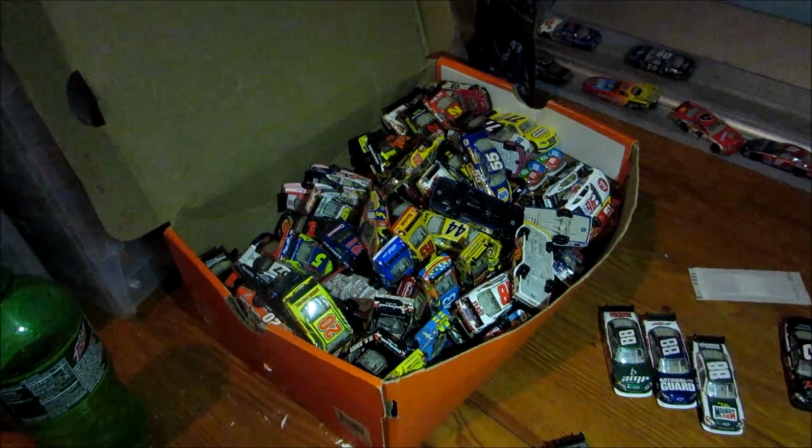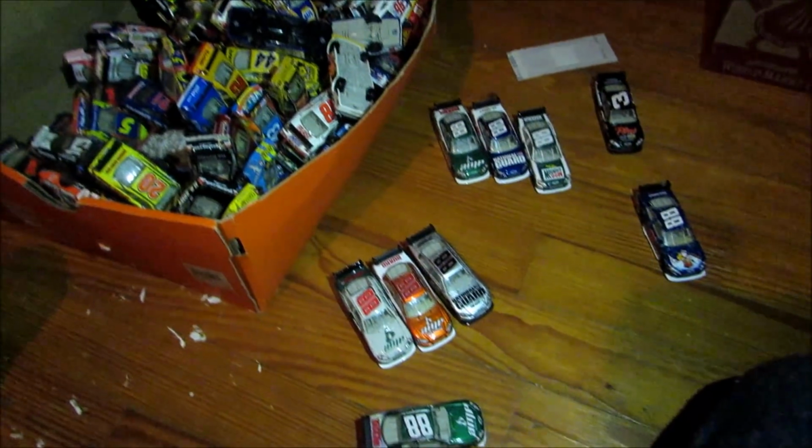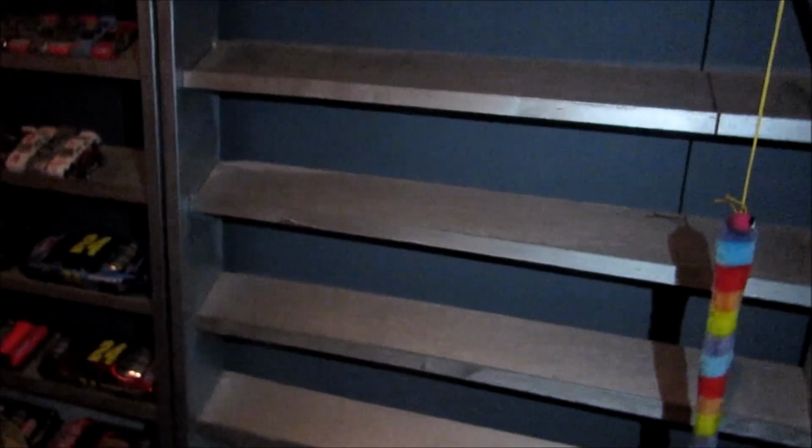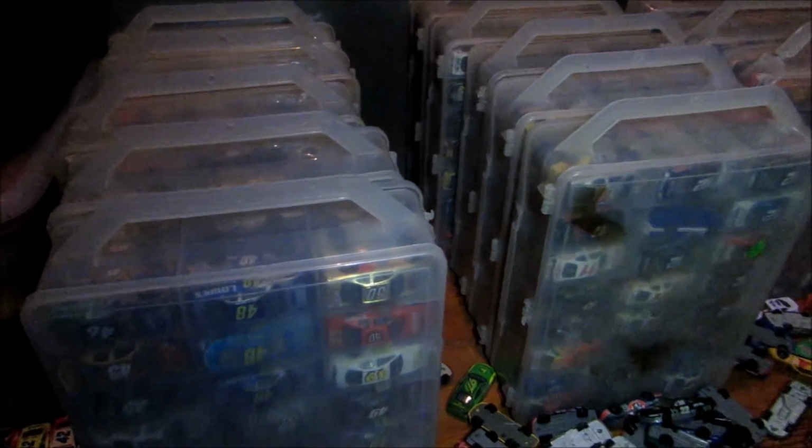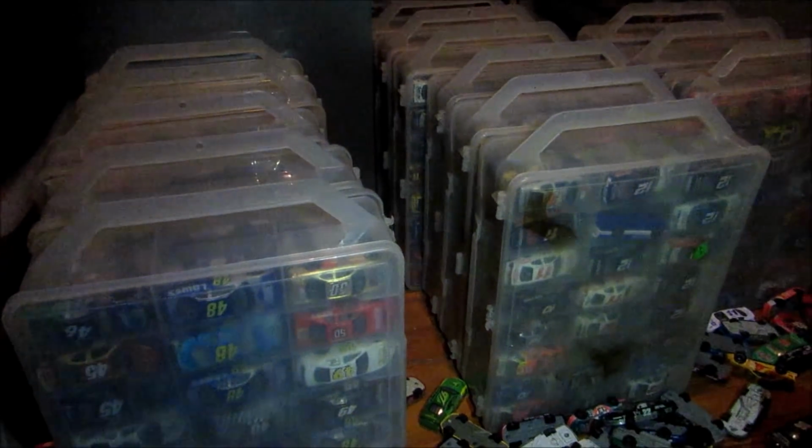If you think this is a mess, then you are correct. This is gonna be more than a one-night project, I know that, but I'm removing some of my cars, and all these boxes are cars. What I want to do with them is organize them by year instead of number. I think that would be a pretty cool step to do, and there are just cars literally everywhere around